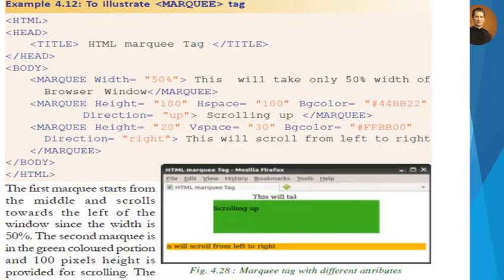No, there is no direction given. This will take only 50%. In that picture, only those two words are displaying. No other values were present. Clear? So this is how marquee is, and also you can identify the different colors, green and also